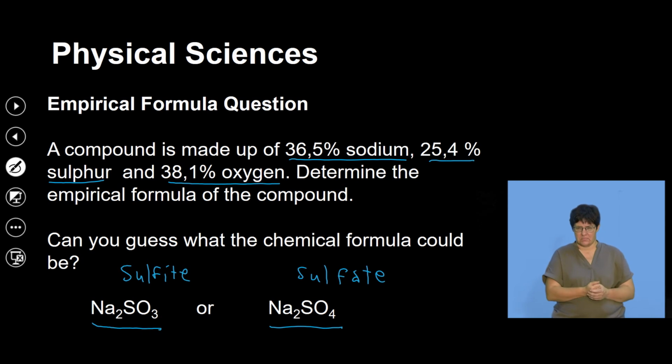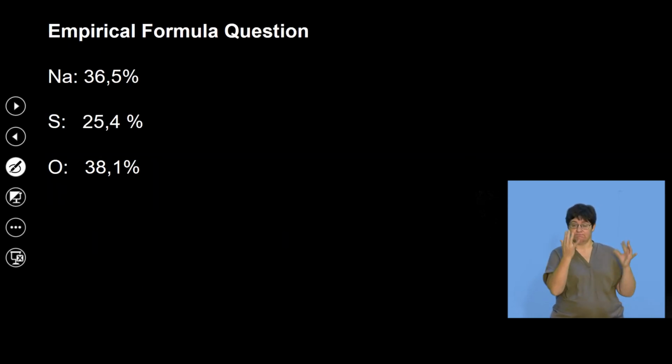Okay, now if we are to do the actual calculations, let's simplify the mole ratio of sodium. 36.5% is sodium. Let's express this as a percentage, right? Now let's determine the mole ratio of each of these substances. So if 36.5% is the percentage composition of sodium in the compound, it means for every 100 gram sample, 36.5 grams is